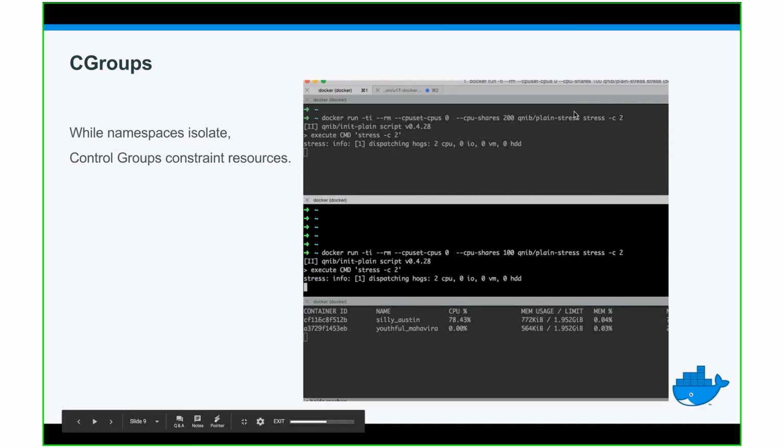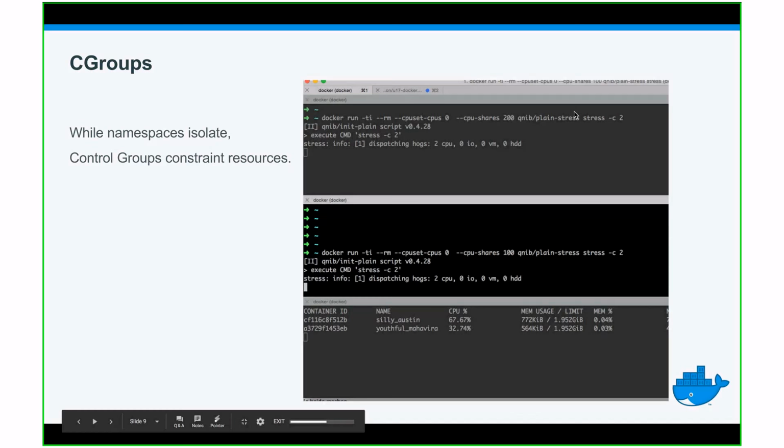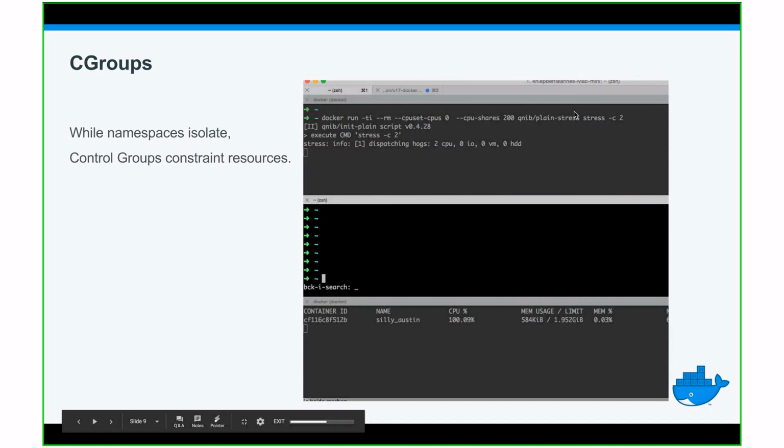I pinned both of the containers to core 0, so the first core, so that my laptop is not melting down. And then I gave the upper one 200 shares for the CPU, and I started a program, stress, an application which just stresses the CPU. And the second container also is pinned on the first core, but it only has 100 shares.